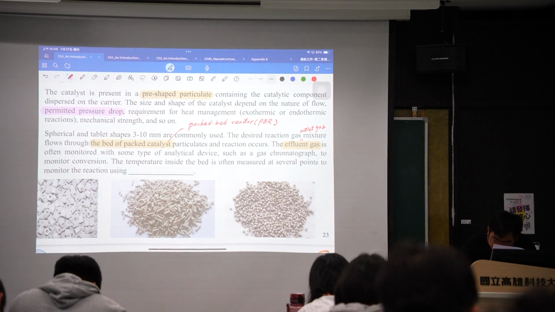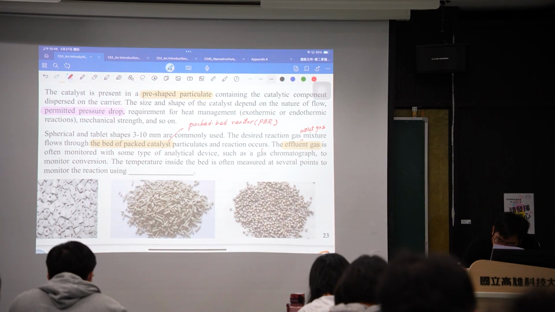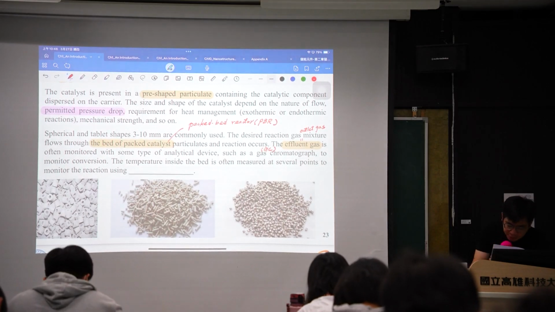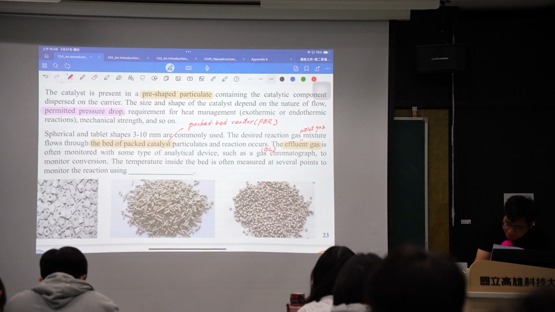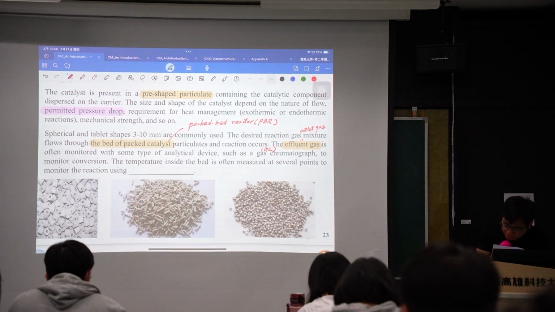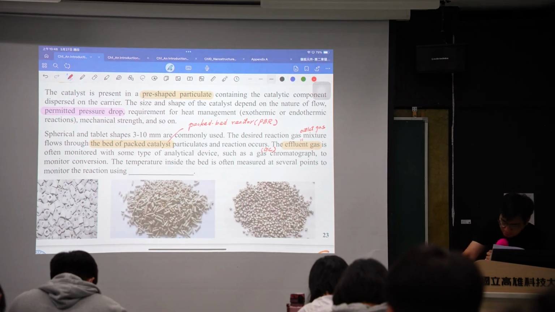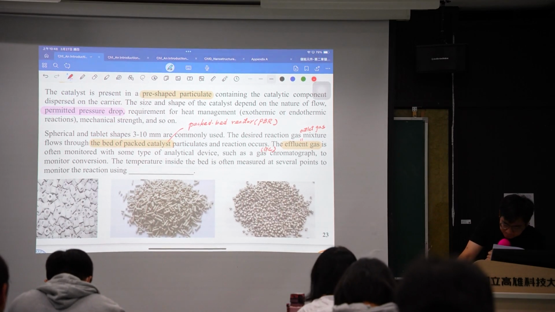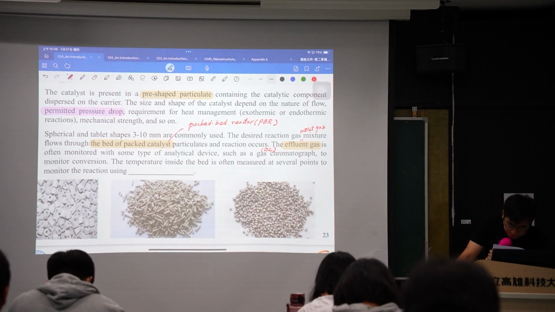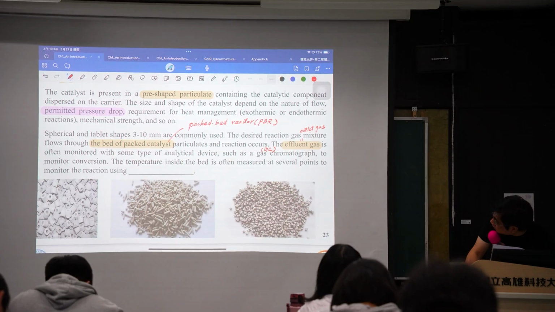Okay, GC 是去分析反应产物, GC to monitor conversion, right? Monitor conversion, GC。